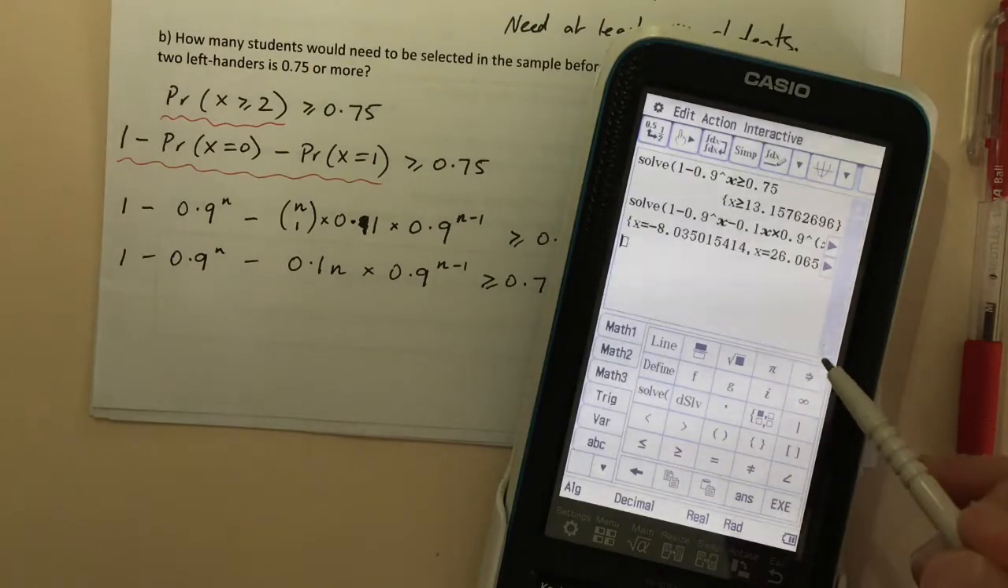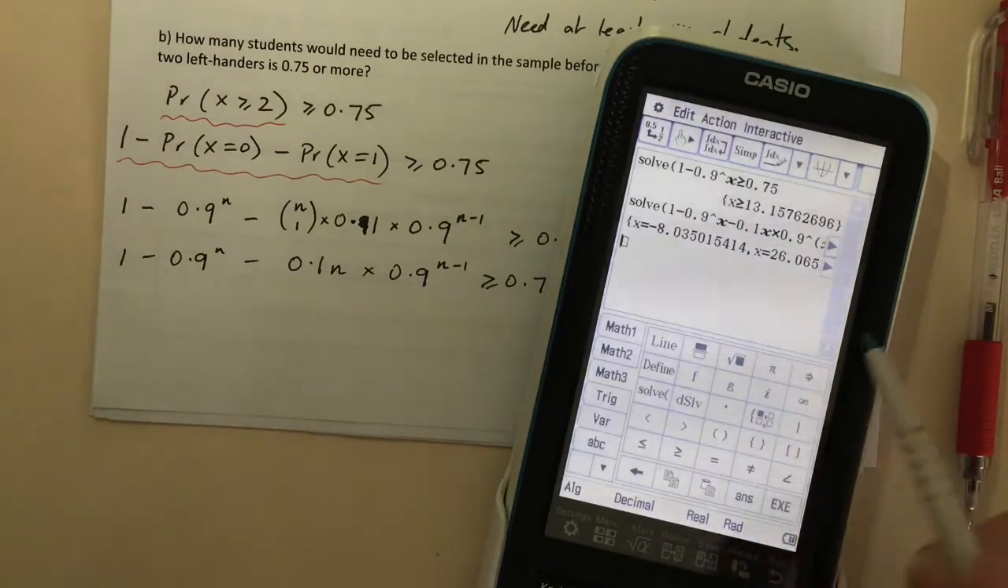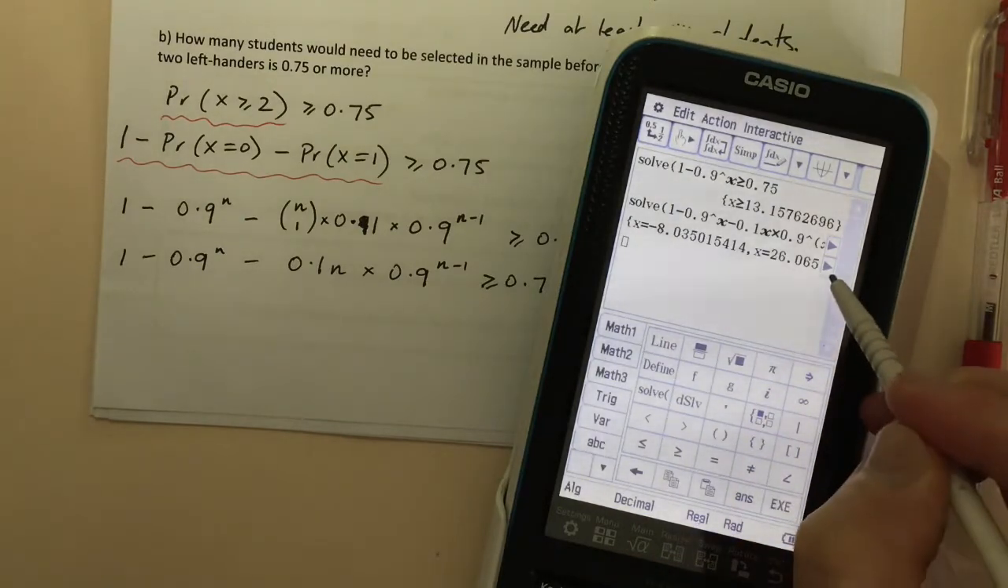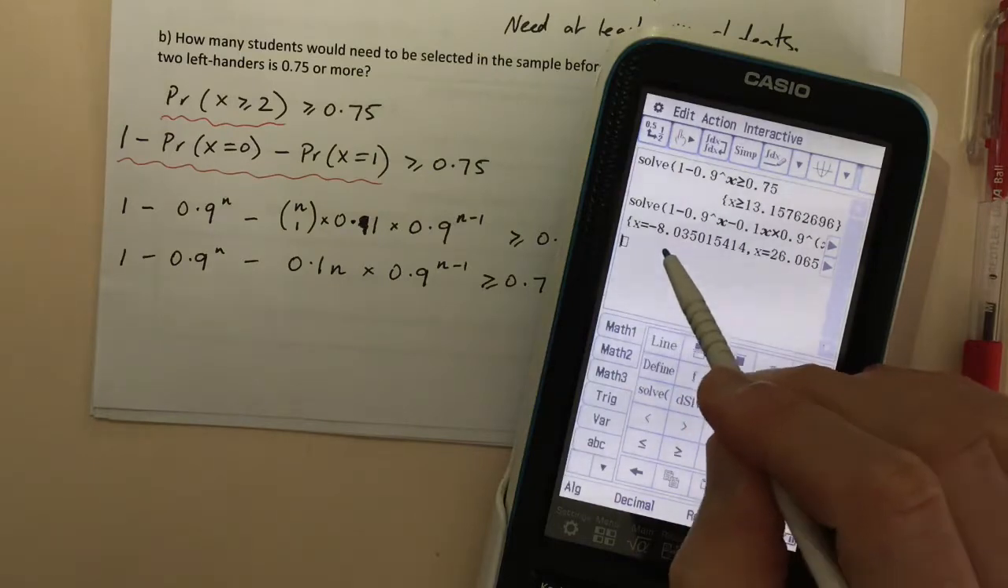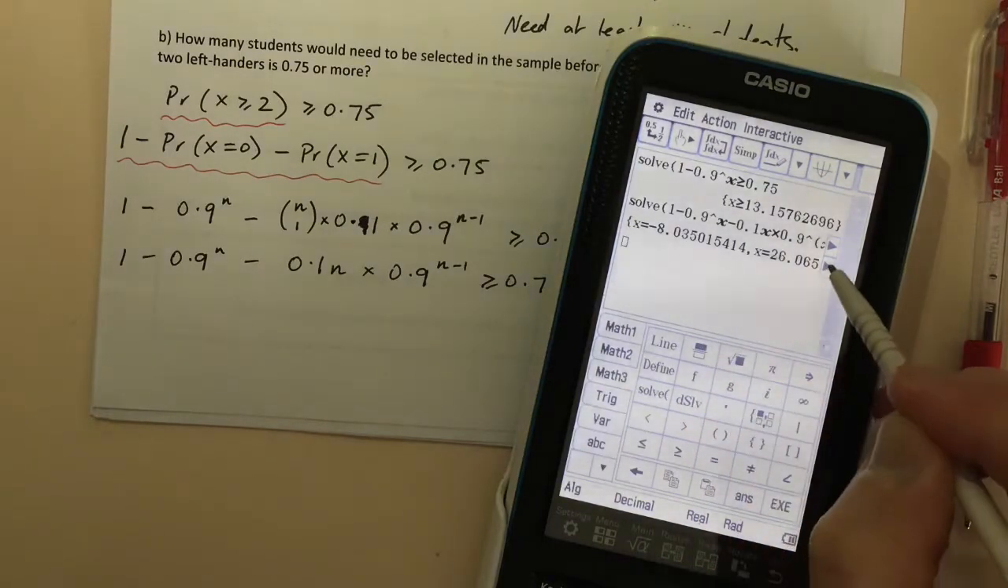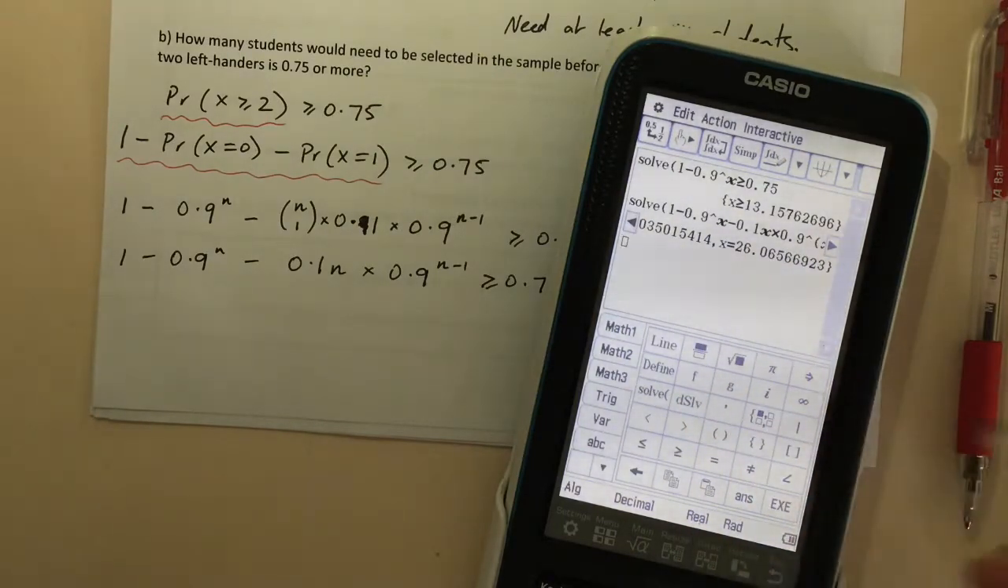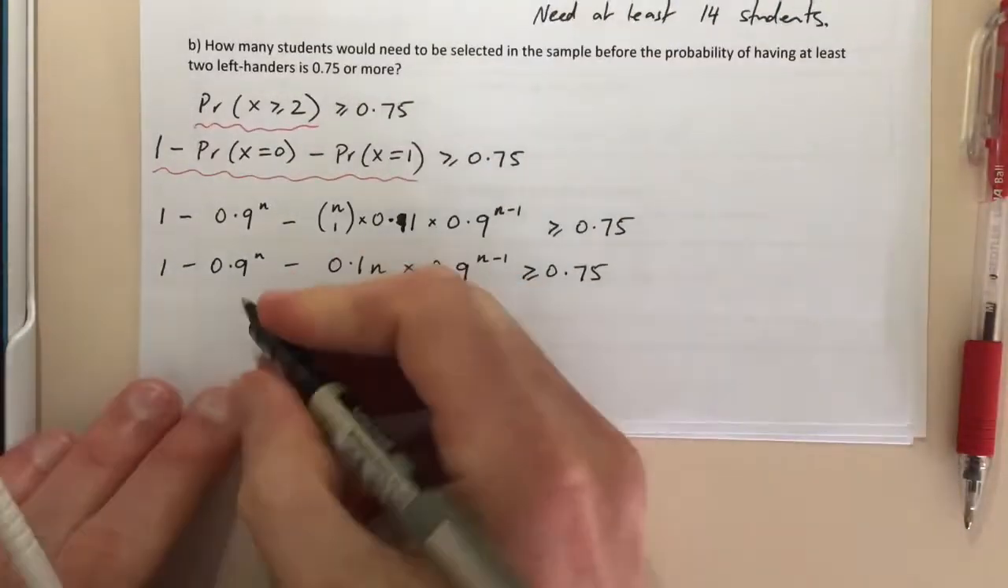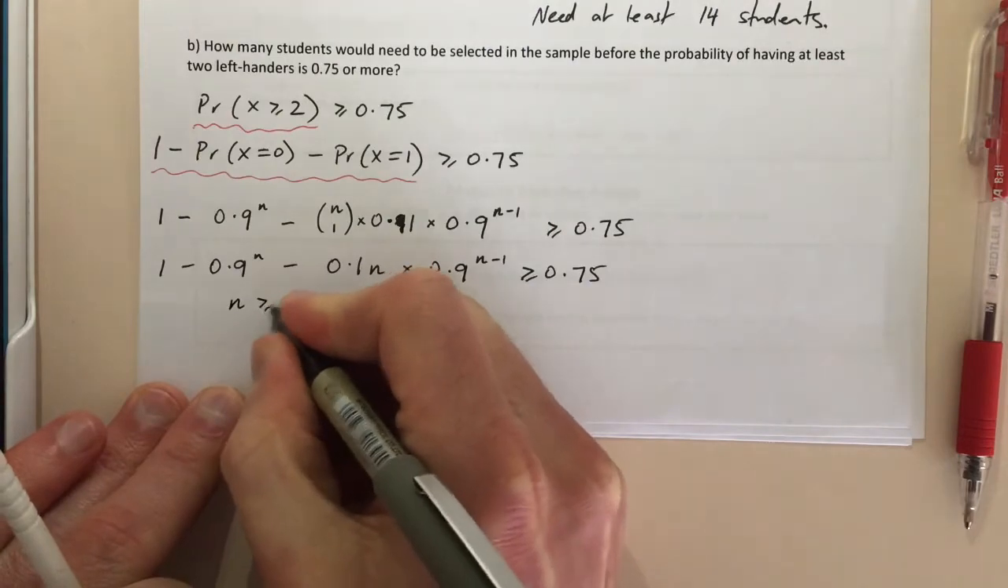More solutions may exist. Okay, it's actually giving me a value here. So this is okay because we know that it's a greater than or equal to situation. So we know how to interpret our answer. Now, -8 is definitely not going to be our sample size, but this 26.065, that looks like a realistic answer. So as a solution to this inequality, n would need to be at least